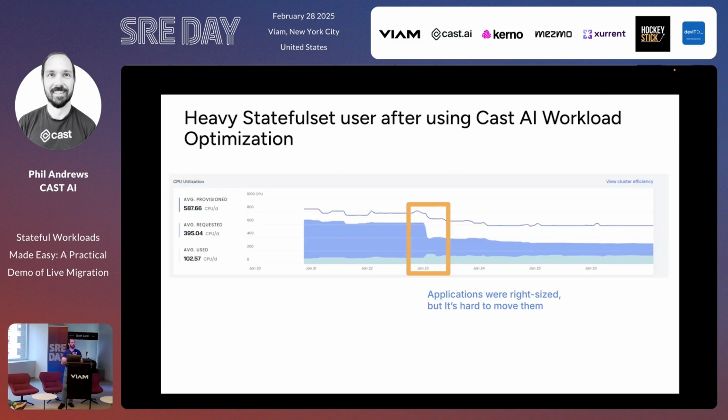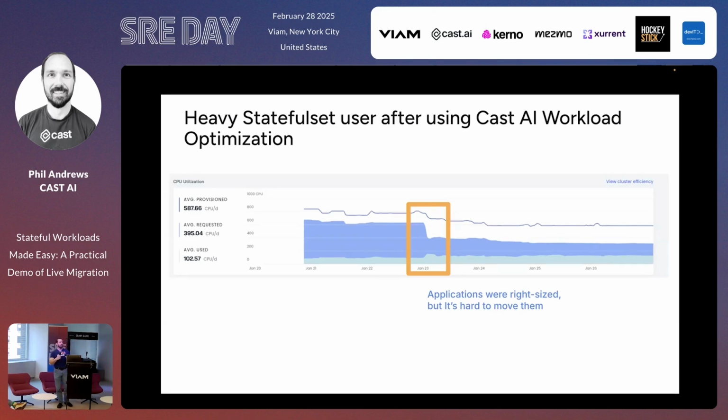So we brought the requests down closer to the usage and made sure that they were asking for what they needed. But that top blue line at the very top, that thin blue line, that's what they were paying for. So that was the provisioned capacity in their Kubernetes cluster. You could see it did go down some, but didn't go down nearly as much as what the actual request